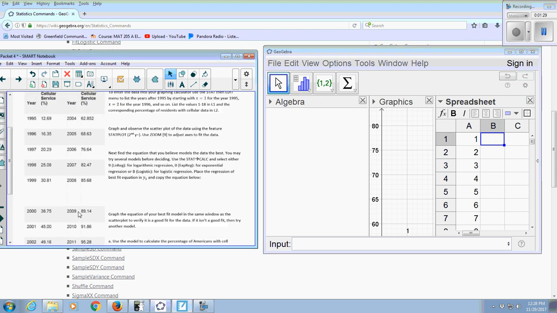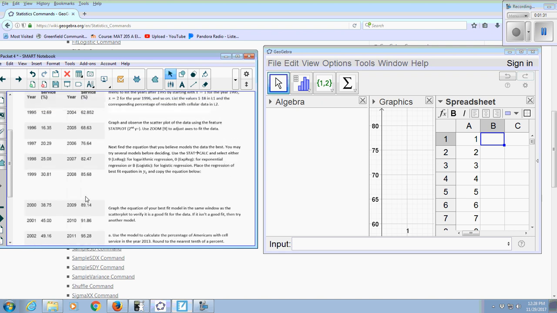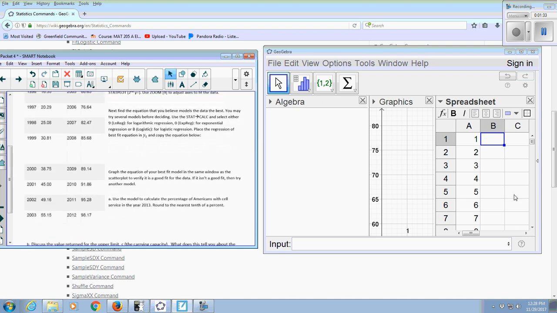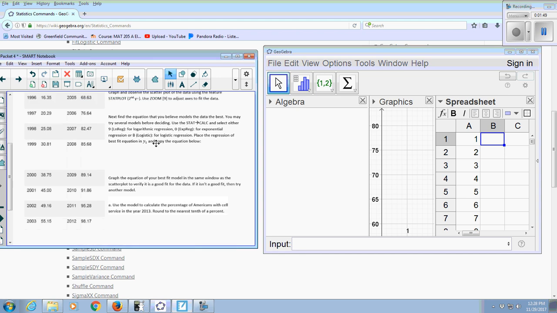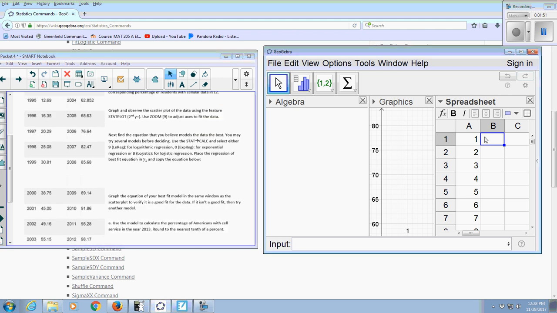I've got another column here. So that's another 9 years, 18 years. All right, and then in B, I put the Y values. So I have 12.69, 16.35,